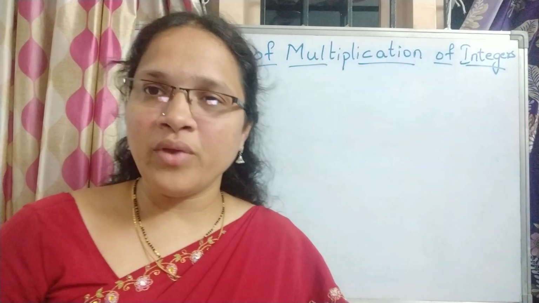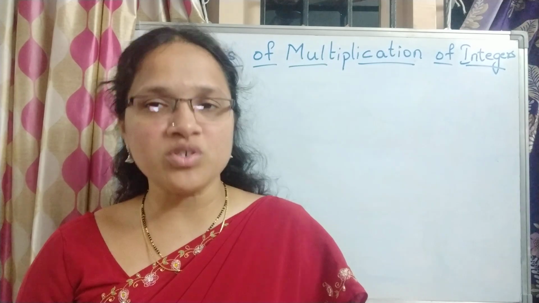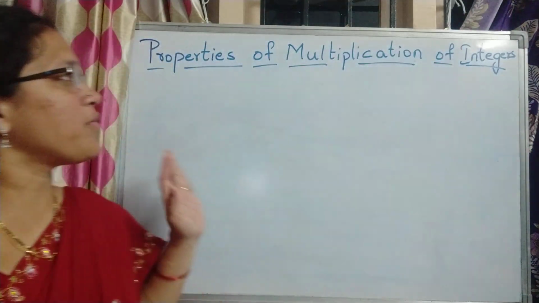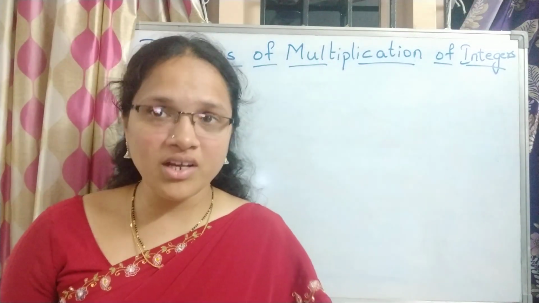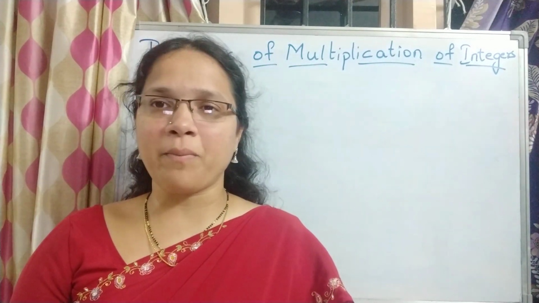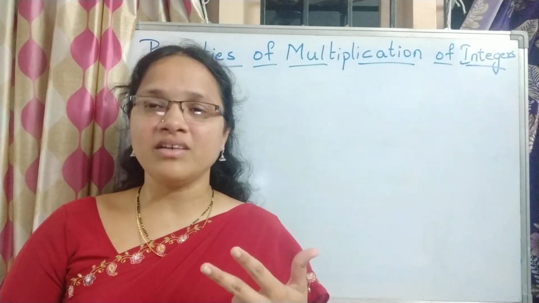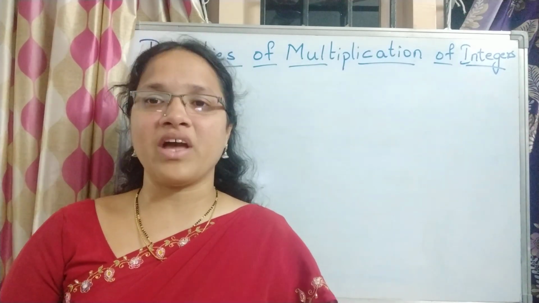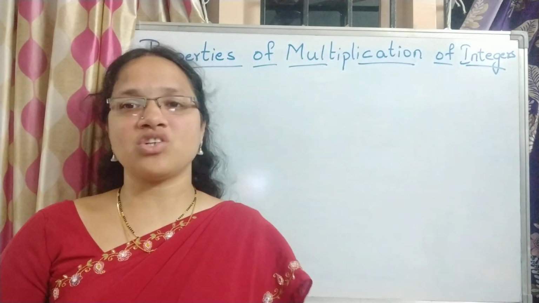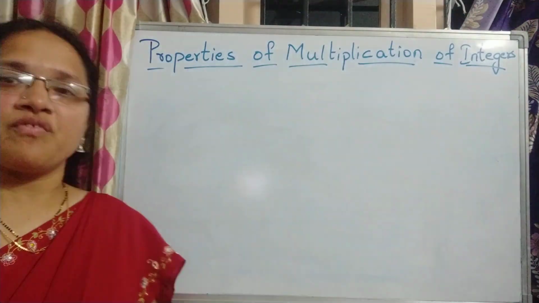Yes, so we have completed all the additions, multiplication of two different integers, multiplication of two same integers, everything. Now let us learn the properties of multiplication of integers, what they are and how they work. For addition we have already learnt the closure property, commutative property, associative property, and additive identity. Do you remember all that? So 4 different things. But let us see what the properties behind the multiplication of integers are. Today's video we are starting with the properties of multiplication of integers.